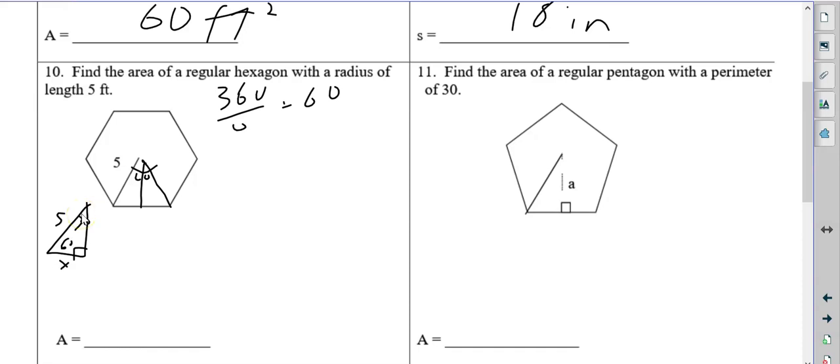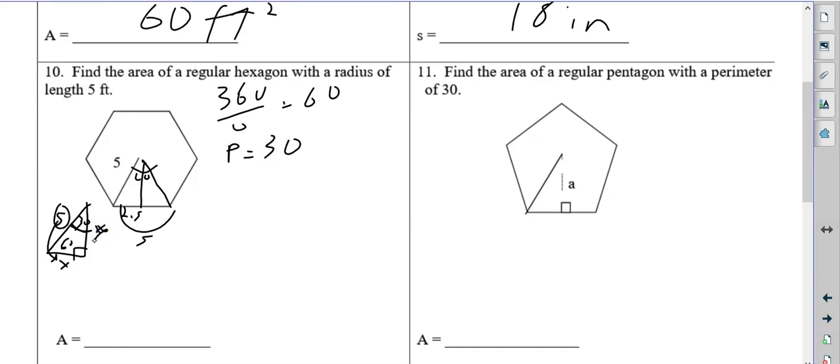So if we use our definitions, our rules of special triangles, this is 30 right here. Okay, this is the hypotenuse. We want to go to the small side, so we divide by 2. So that makes this 2.5, which actually makes this 5. So the radius is 5 and the side length is 5, which means our perimeter is 5 times 6, which is 30. Okay. Now we need to find this side right here,